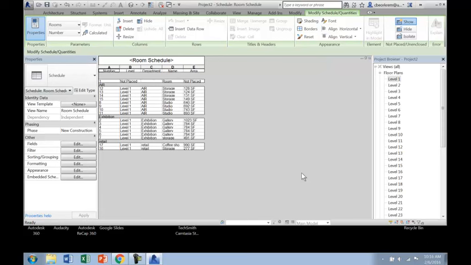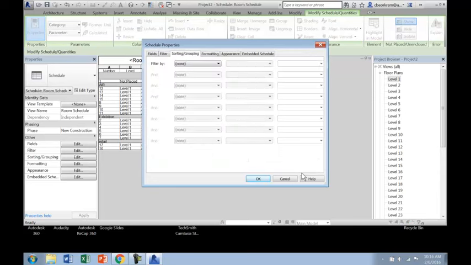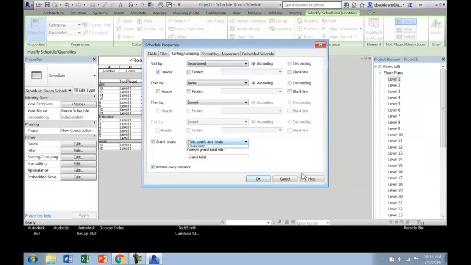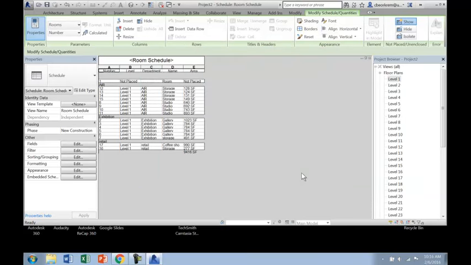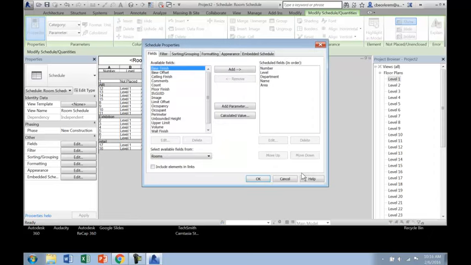So I forgot to check the calculate totals, but here you can see I've got the artist in residence, the different room tags that are associated with them, the retail space. They're all on level 1. The departments here are tagged, and then the different room types that go with each of them. So let's go back into there and under sorting and grouping, check the grand totals and just say totals only. And now we get the total square footage for that floor plate. And then if we want to do it by department,